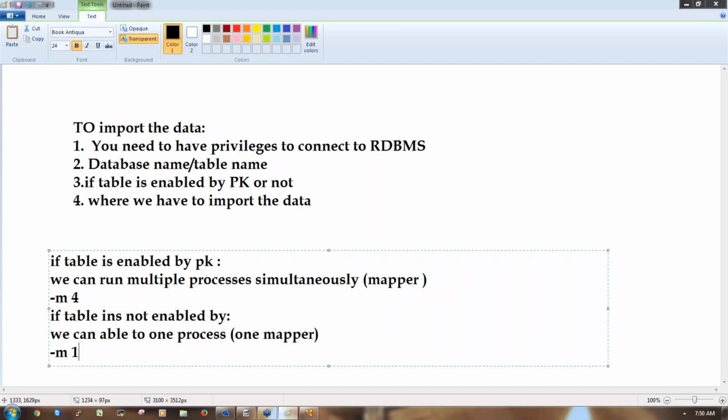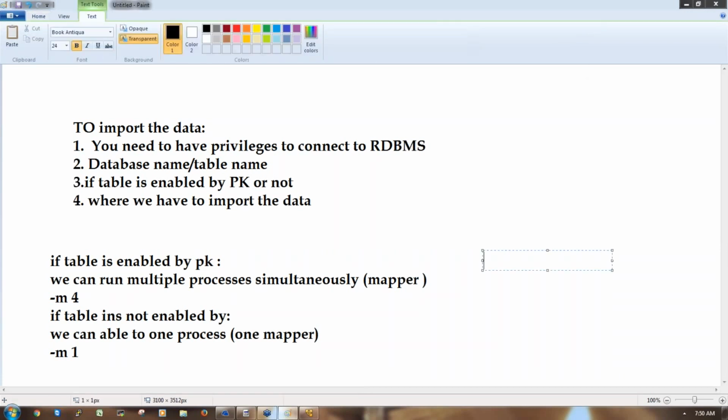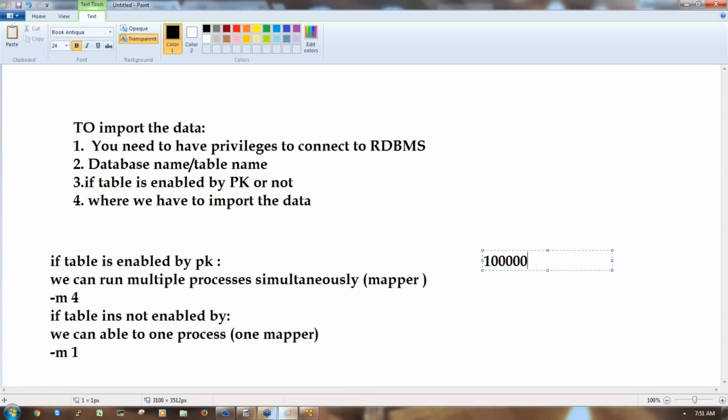Suppose there are 1 lakh records, and I'm trying to import these 1 lakh rows to HDFS. If the table is not enabled by the primary key, we have to use only one mapper.